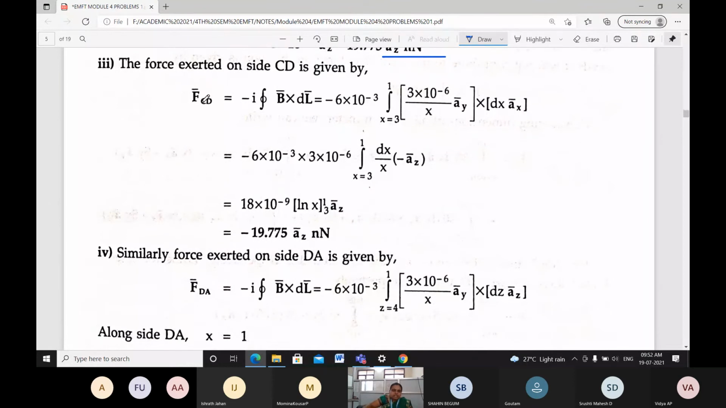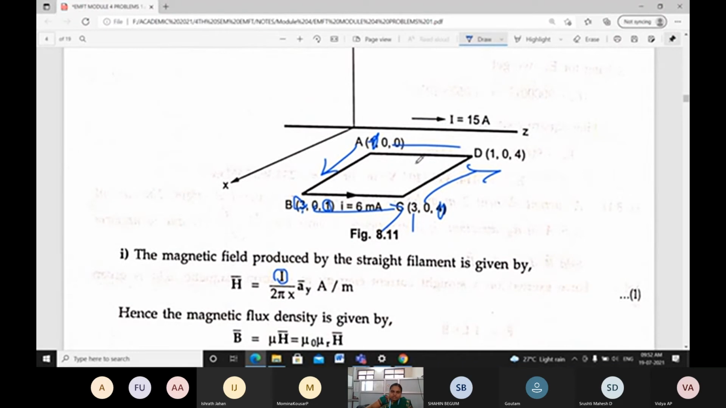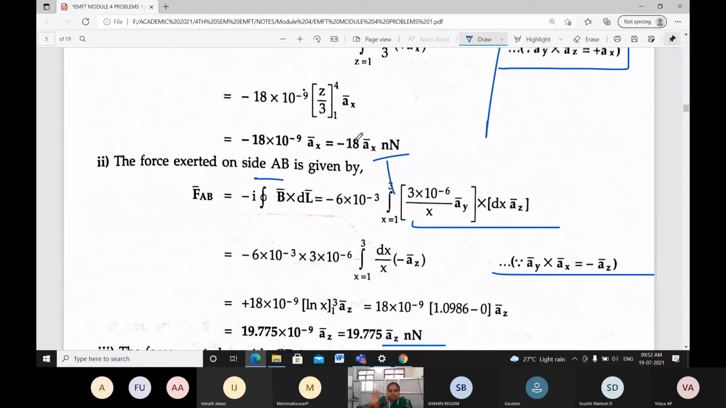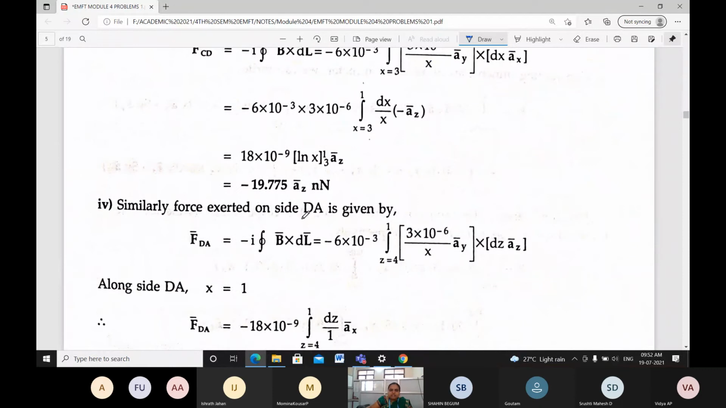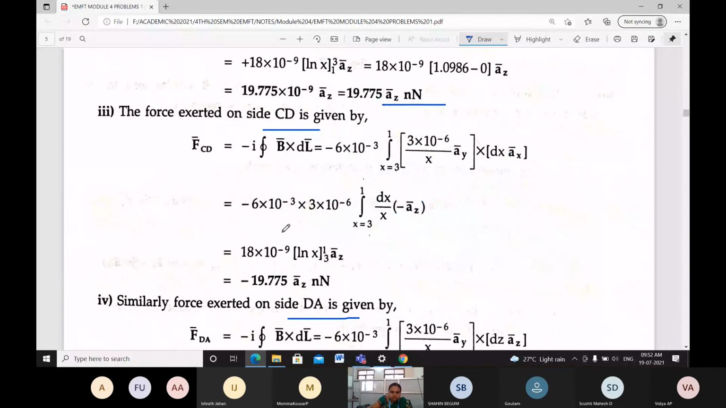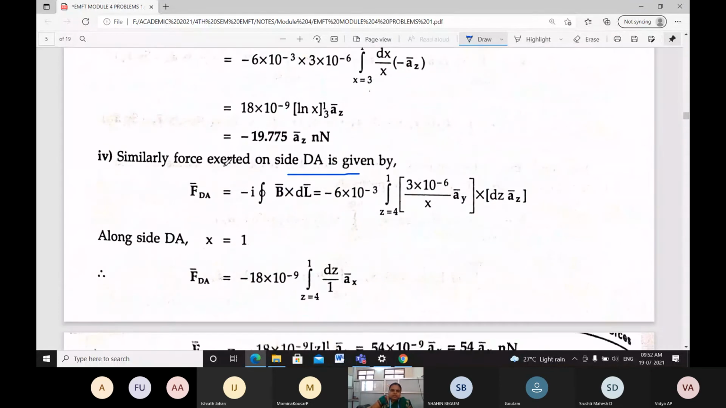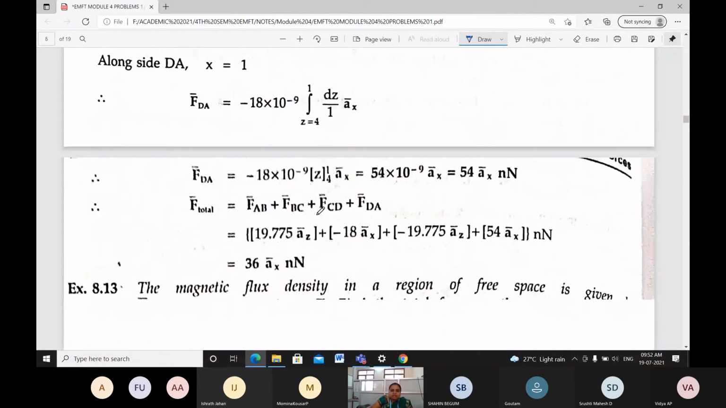If I want the total force, I have to find the force for each side, and at last add all four. For that reason, we have to calculate across CD and across DA also. The procedure remains the same as what we did previously. The force at CD you will get as minus 19.775 AZ. At DA you will get